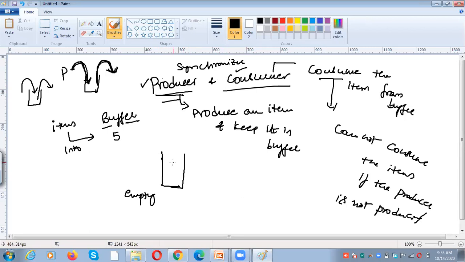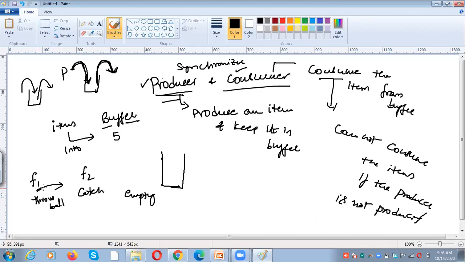And next, one more thing. For example, you and your friend are throwing a ball, and one person has to throw the ball and the other person has to catch the ball. Friend 1 and friend 2. For example, friend 1 has to throw the ball and friend 2 has to catch the ball.